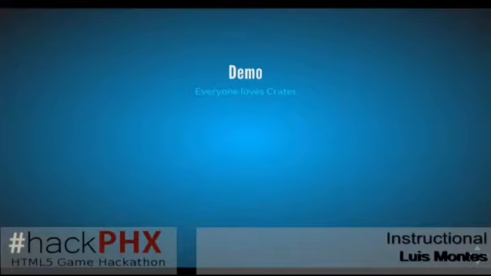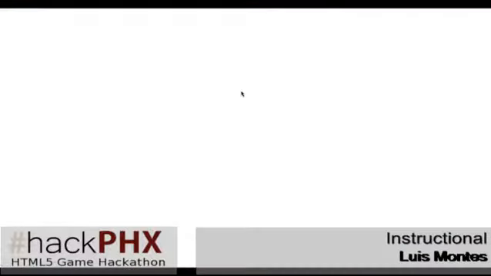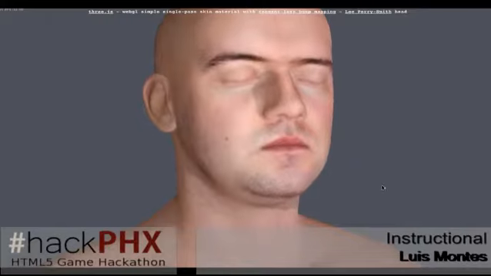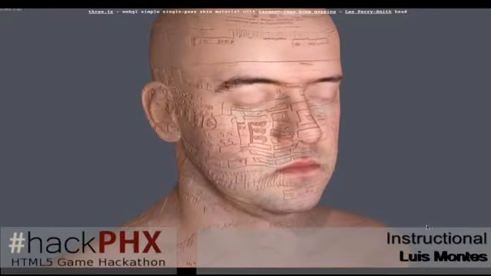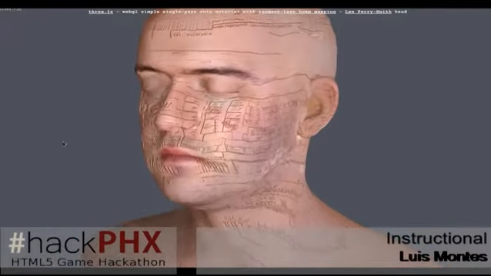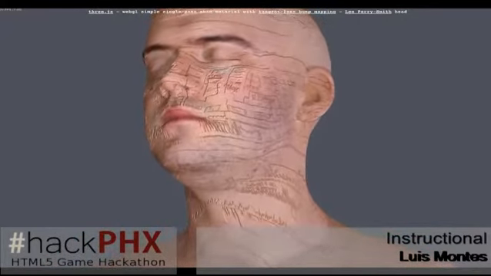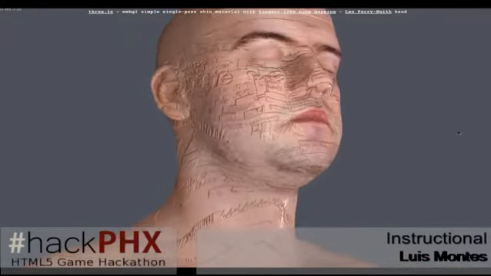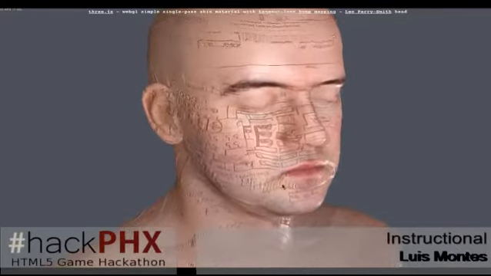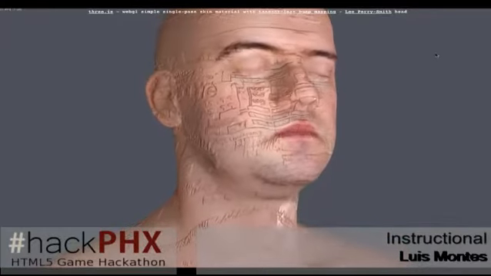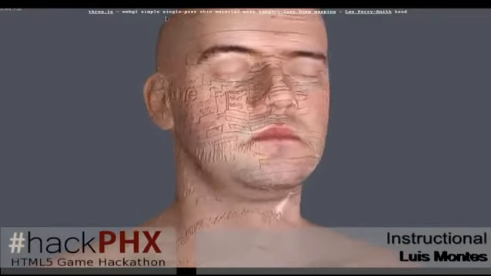And it isn't just crates. I mean, you can do really creepy stuff like that. So this is a very complex mesh. It is a pretty high resolution texture. It's doing dynamic lighting, bump mapping, all these really advanced 3D things. We're able to do that in the browser, and the performance is fine. So if you want to use that, I mean, it's not PlayStation 4 yet, but there are some pretty cool things you could do using 3D tech in the browser right now.